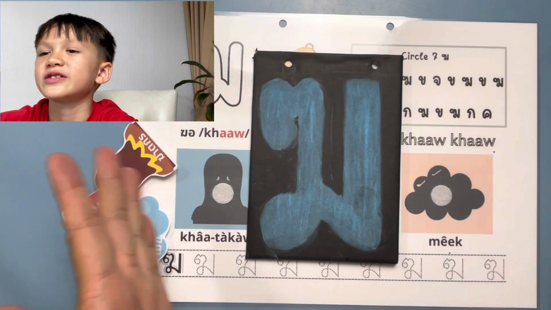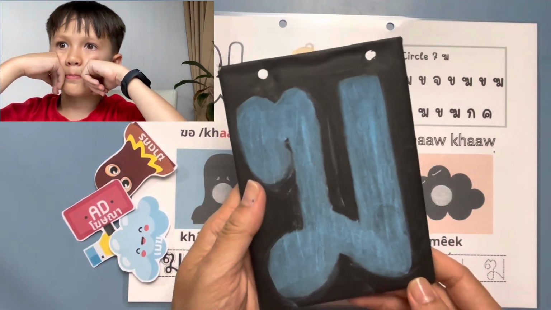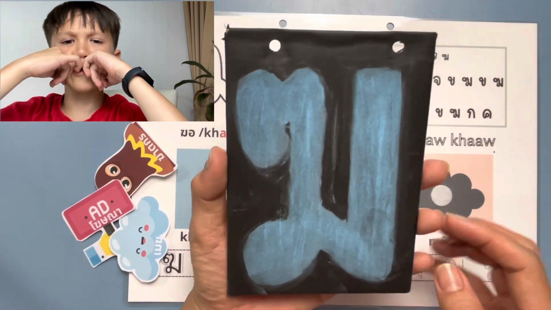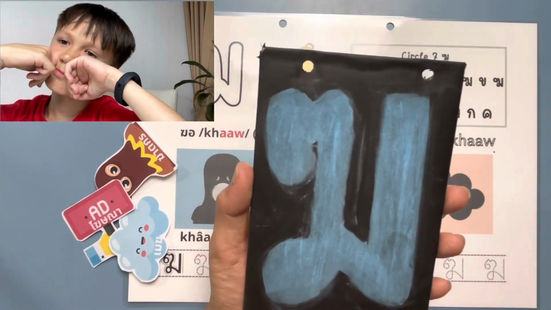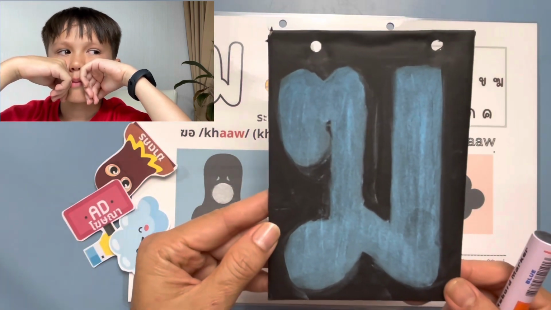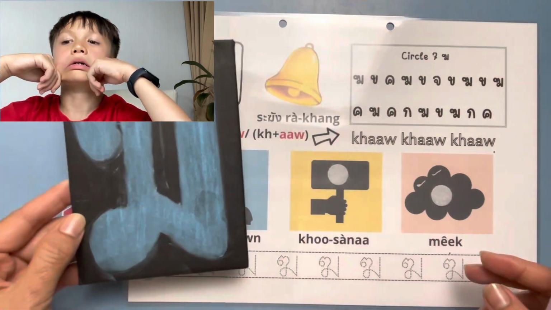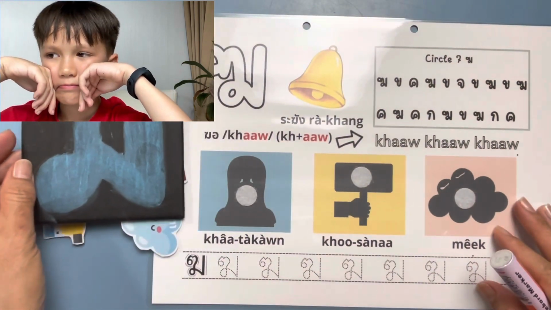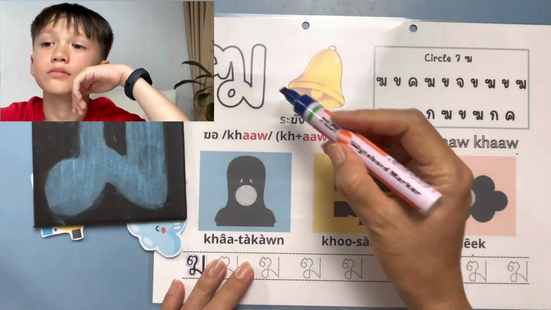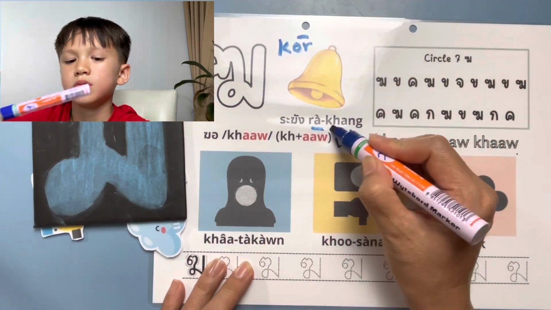Hi, today I'm going to introduce you to a letter. This letter looks like it has a bump on its head again. Look at that, right? So this letter we call letter khor. Say with me. Khor. Khor. ระฆัง